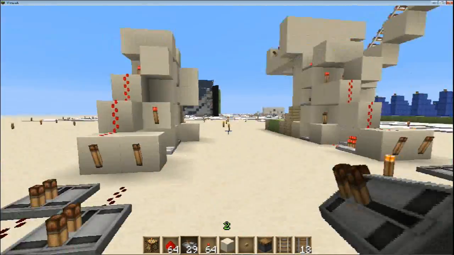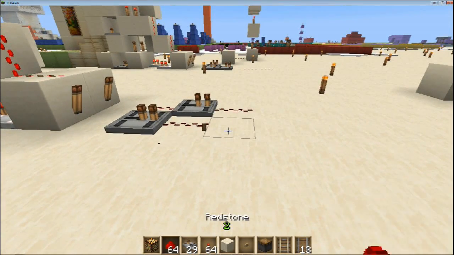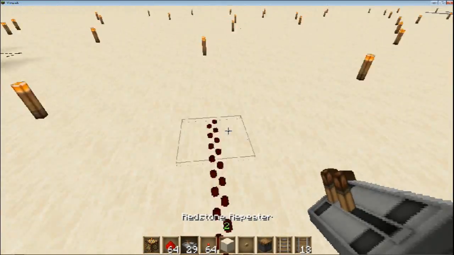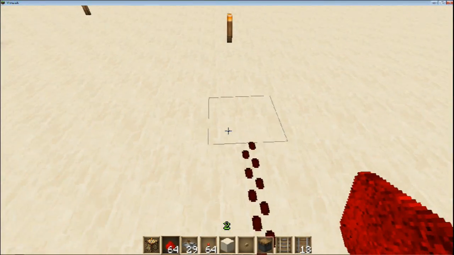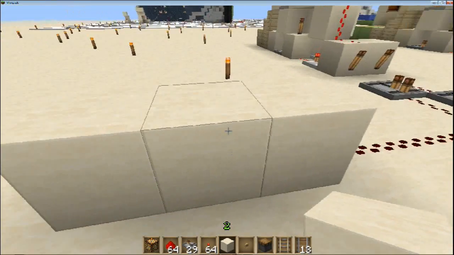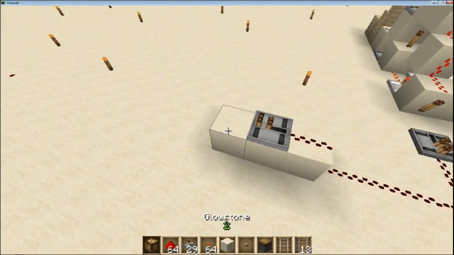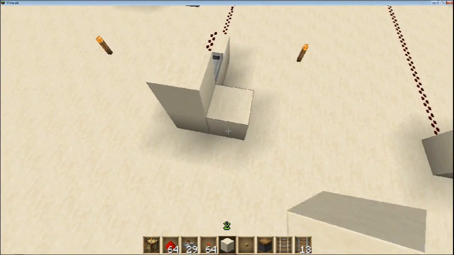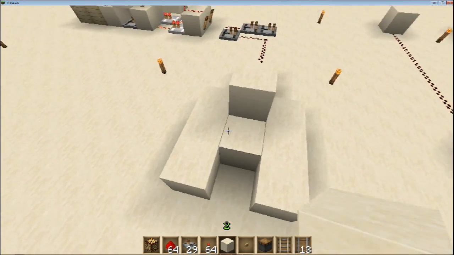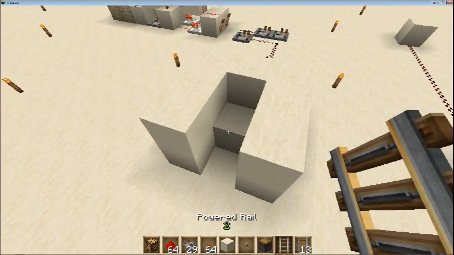Okay, so now I'll show you how to build the other part of it. So let's get rid of that one, and we'll just pick off that. Oops, we need to put a repeater there just to stop that. And get rid of that. And we want a repeater there, and just power. This is going to power the piston. And we want some track there and there,